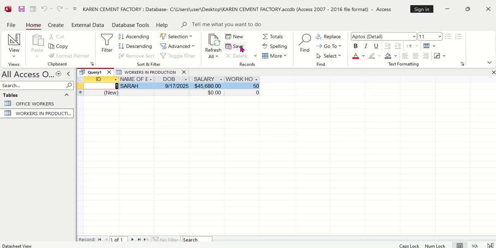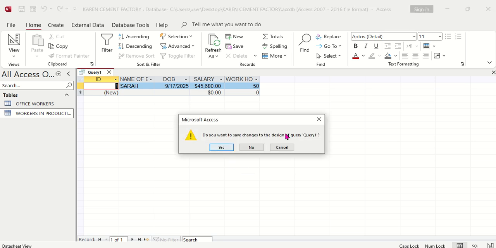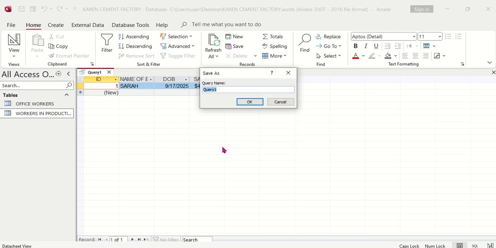So click save. This query, we want to save the query. So I'll close the query so that I save it. Do you want to save the query? Yes. What is the name of the query? Let's say employees